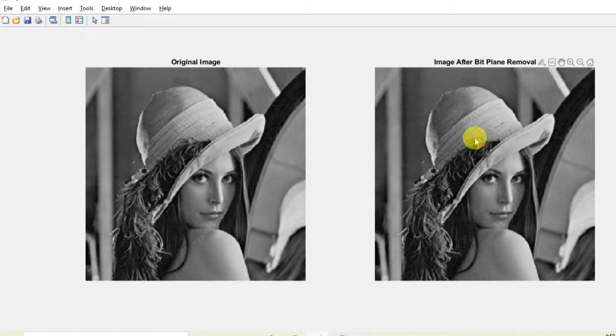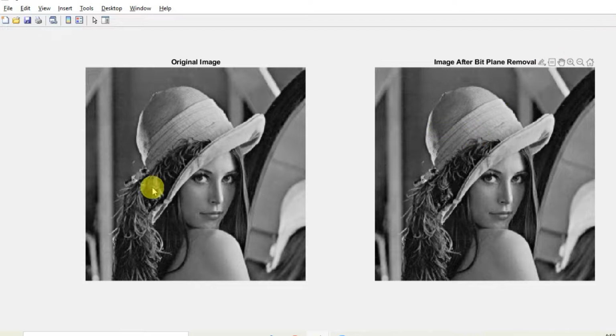The second bit plane has got removed. If you start at 0, you will say the first bit plane has been removed. If you go for 0th, first, second and third, these four are the least significant bit planes in the image here.